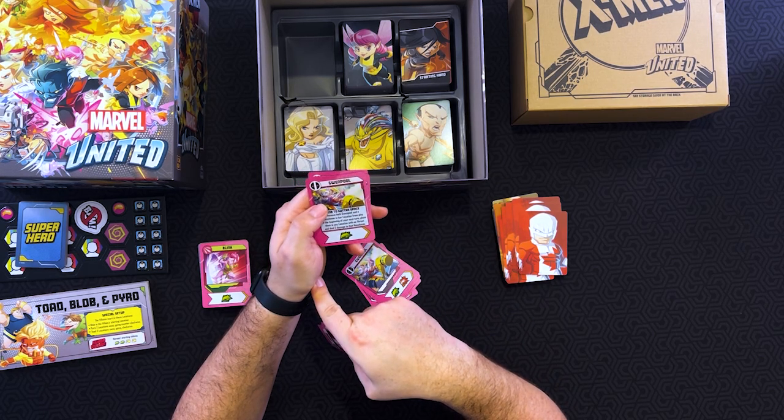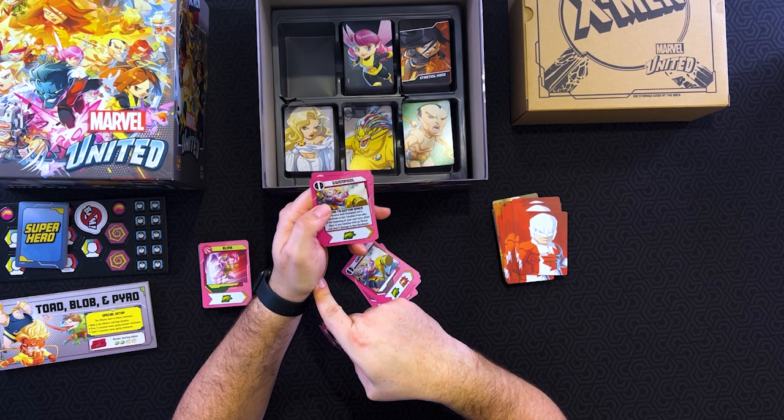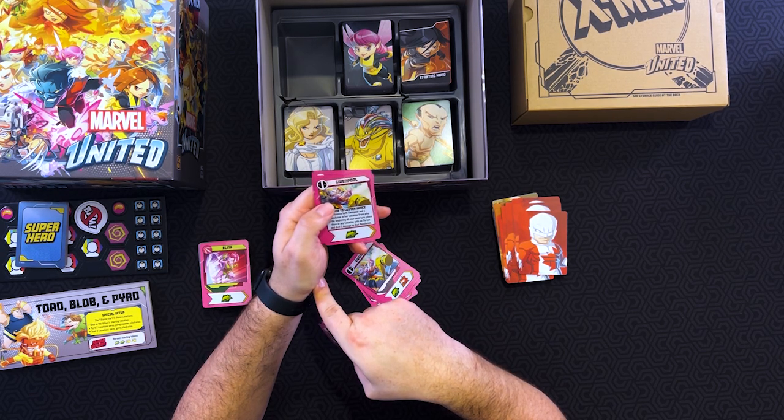Remove both Gwenpool and a henchman in her location from play at the beginning of your next turn. Place them in any location with no threat and deal 2 damage to that henchman. And then Gwenpool, Jeffrey the land shark: as long as this card is face up in the storyline, at the end of your turn, you can deal 1 damage to a thug or henchman in your location that you did not damage this turn. So that's a pretty good set of cards right there for